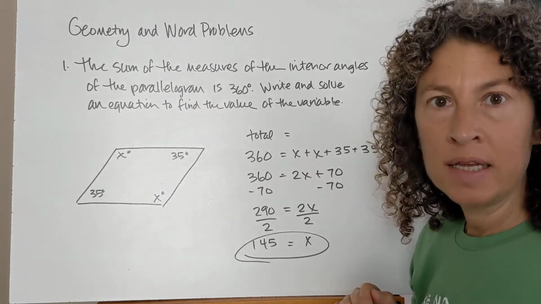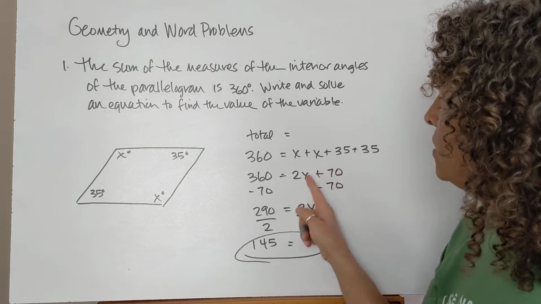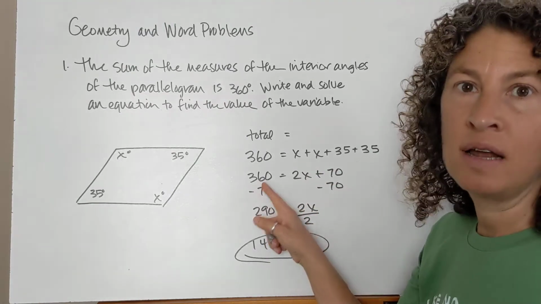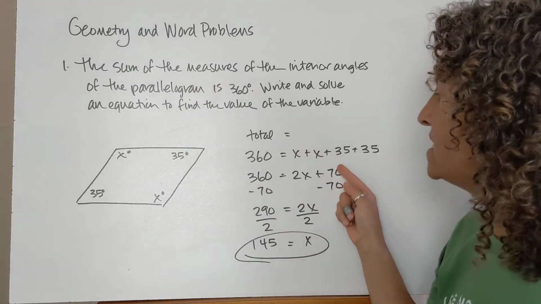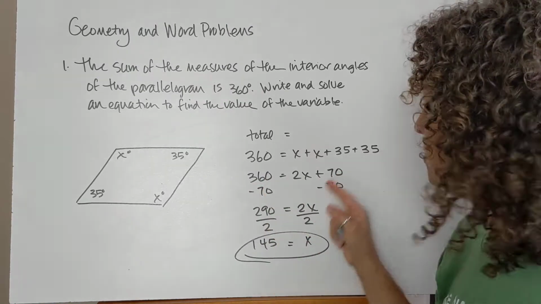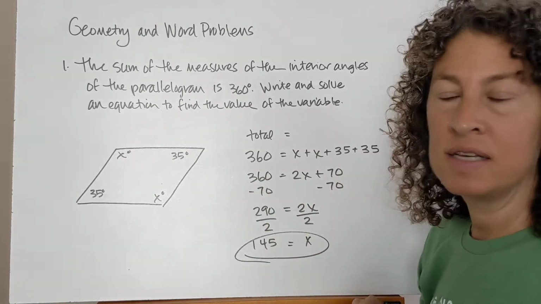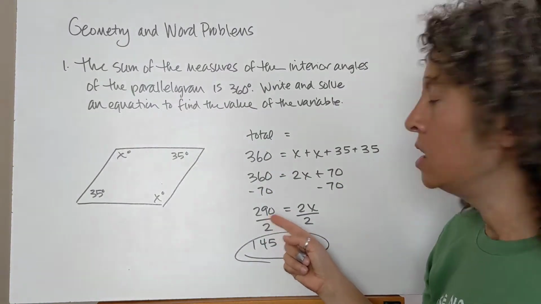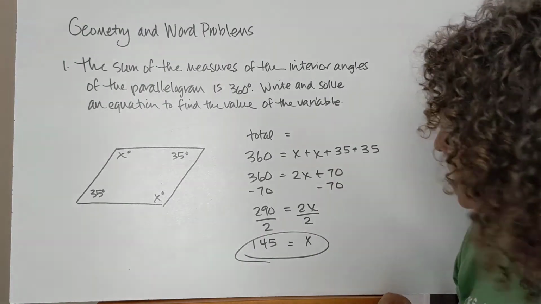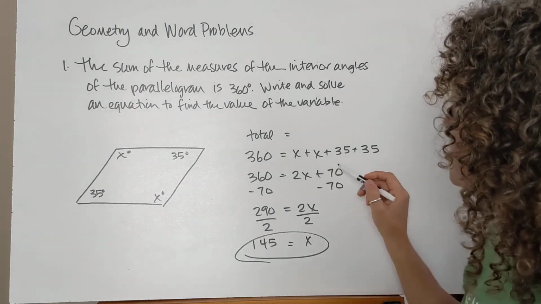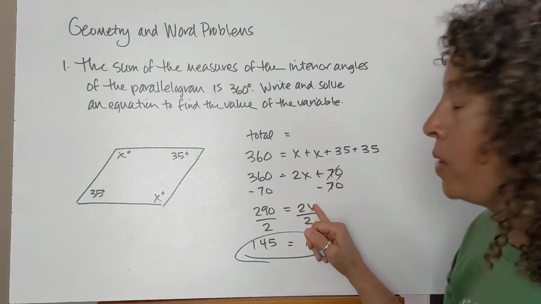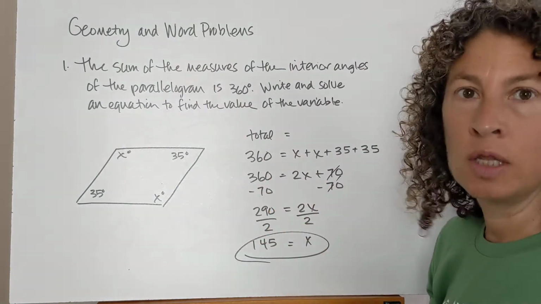Next, I'm going to deal with adding and subtracting. So I see addition over here on the right-hand side, so I want to get rid of that. I notice that on the left-hand side is my constant, so I'm going to move my 70 over to the other side by subtracting. Opposite of adding, 70 is subtracting on both sides. I subtract, I get 290 on the left. These 70s cancel out. So these 70s cancel each other out. So I'm left with just the 2x on the right and 290 on the left.